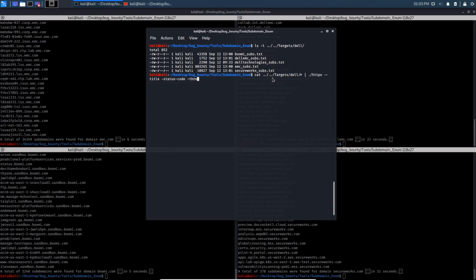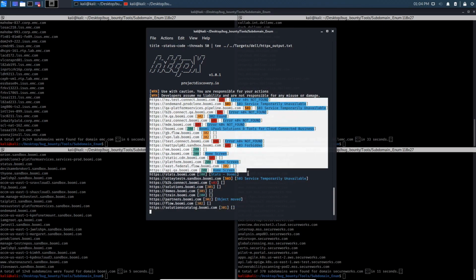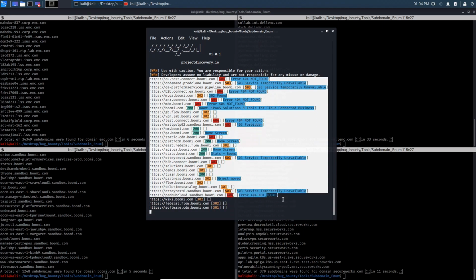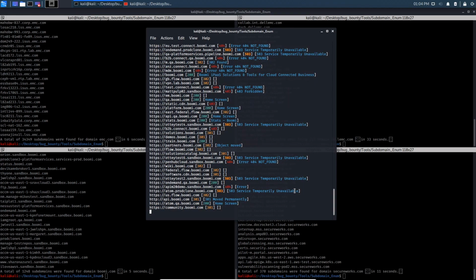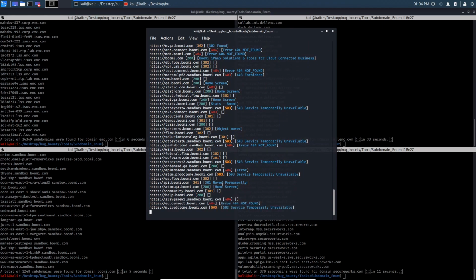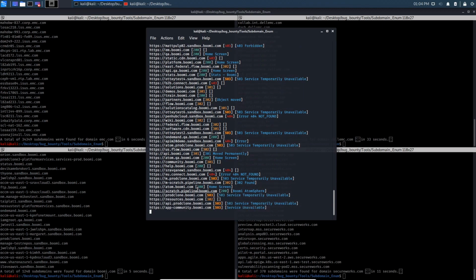Let's also save the output by piping it to the tee command and mentioning the directory where we need to save, in my case the target folder. Now you can see that the output of httpx gives information on whether the website loads over an HTTP or secure HTTP connection, along with the status code and title that is loaded with the website. The output will be saved once it goes through all the subdomains.